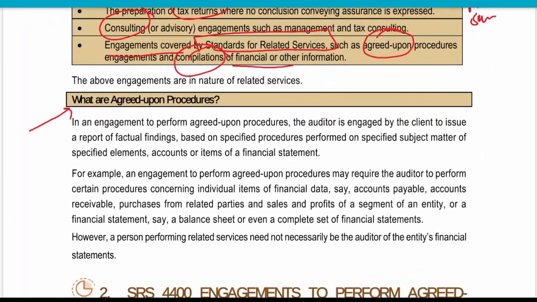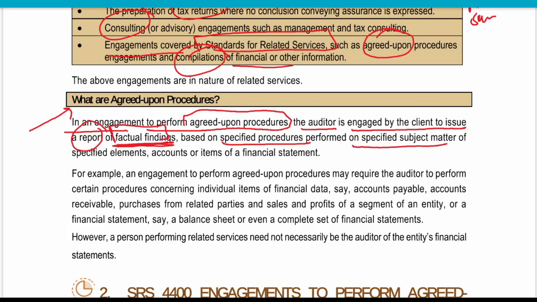So now, what are agreed upon procedures? As the name suggests, in the engagement to perform agreed upon procedures, the auditor is engaged by the client to issue a report on factual findings, not his opinion. See the difference between assurance and agreed upon procedures: the practitioner is only providing factual findings based on the specified procedures performed on the specified subject matter of a specified element,